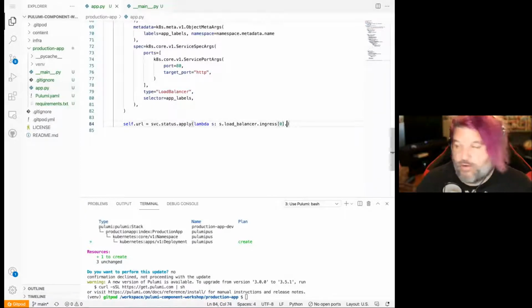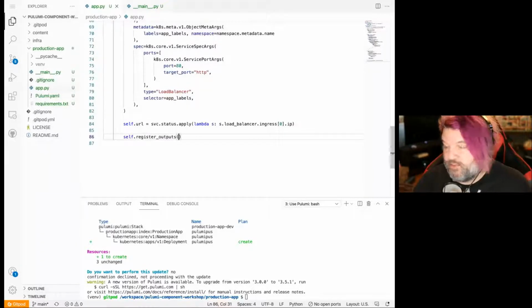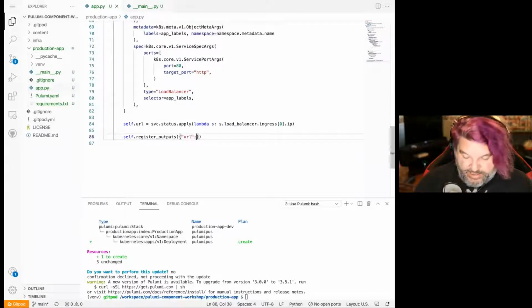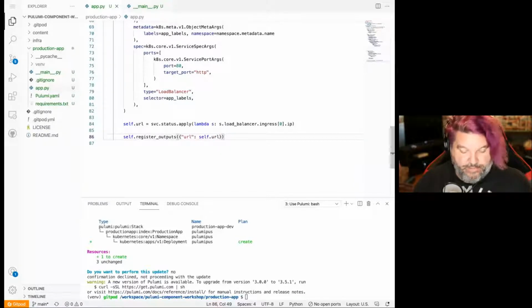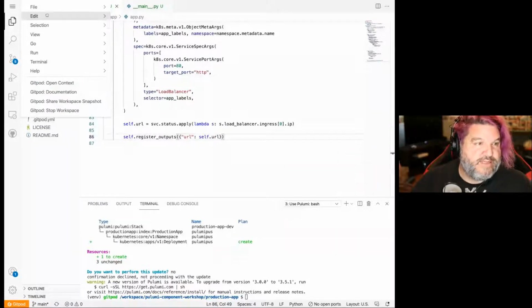Because in this case, we already know one, and it's going to be the IP. So that's telling us what's. And then what we do is we say self, if we register the output, that's going to tell Pulumi that this is something to output, right? And so that's going to be URL, and it's going to have the value of URL that we got from there. So if we were to go ahead and save this now,